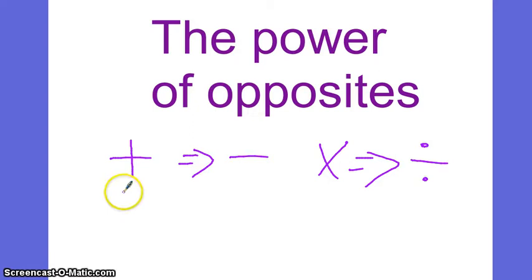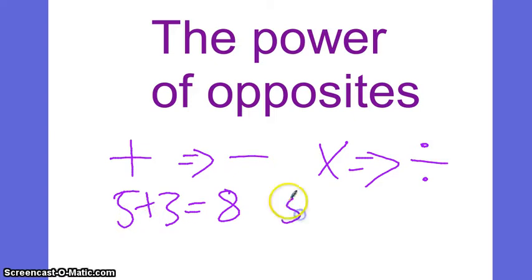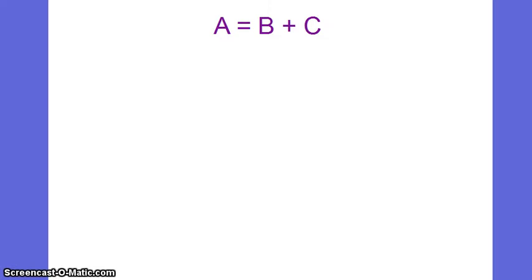But for example, if we had 5 plus 3 equals 8, and we wanted to get the 5 on its own, we would do 5 equals 8 minus 3. Okay, so we've just used the opposite of plus 3 being minus 3, and we'll look at why that works in a sec. So the first type of thing you're going to be dealing with is just something simple like